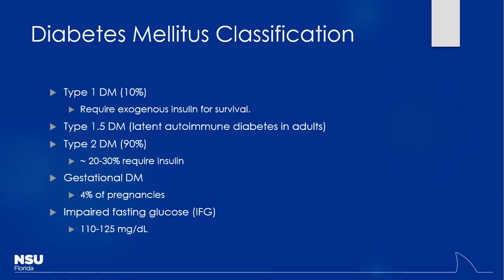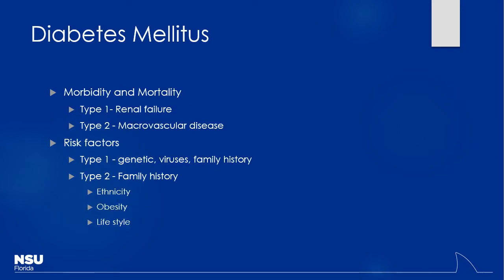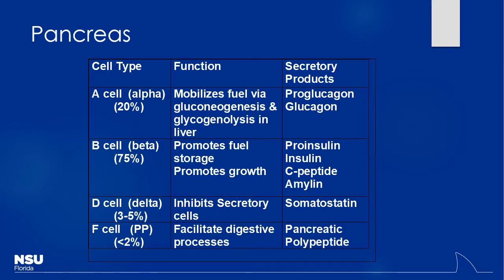Okay. Certainly there's gestational diabetes, and again, before you become diabetic, it's kind of that impaired fasting glucose stage there. And obviously we know that especially with type 1 diabetes, renal failure tends to be a common cause of morbidity and mortality. Macrovascular disease like heart attacks and strokes are a big one for the type 2 patients. Okay. I'm not going to get into all that, but getting into the pancreas itself, so beta cells